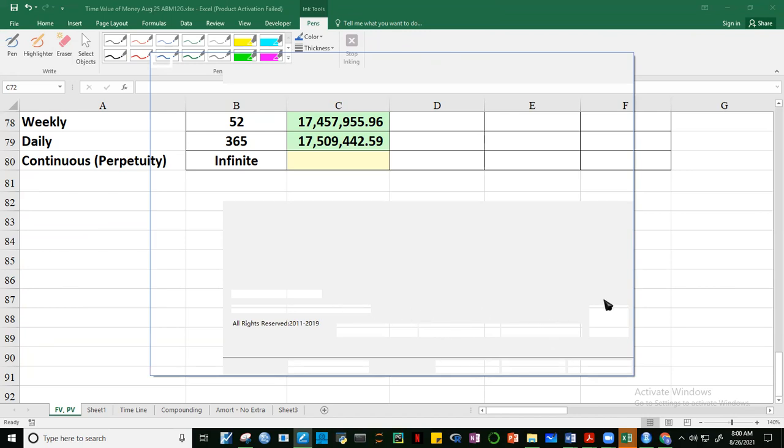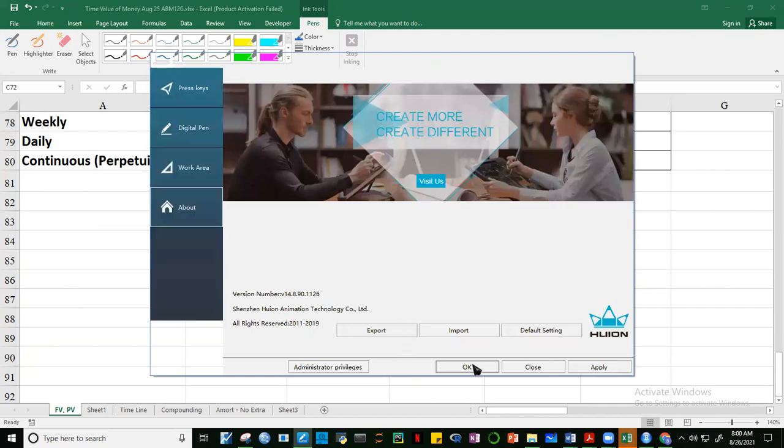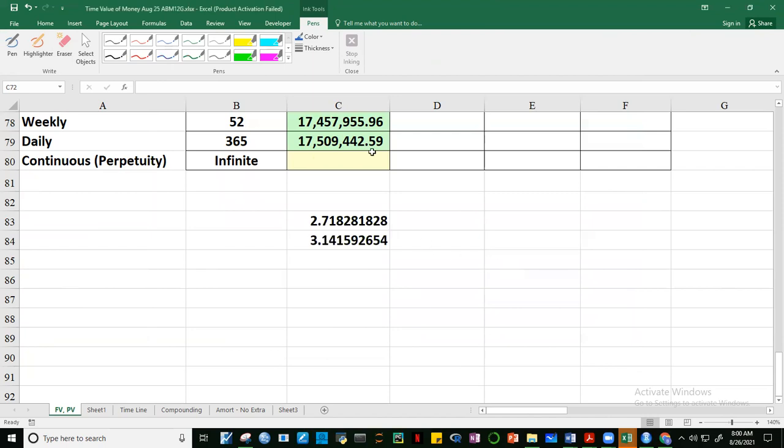Okay, sorry guys, my computer is a bit slow. Let me just open the digital pen. Okay, it's open. If we put a PMT of 1 there,